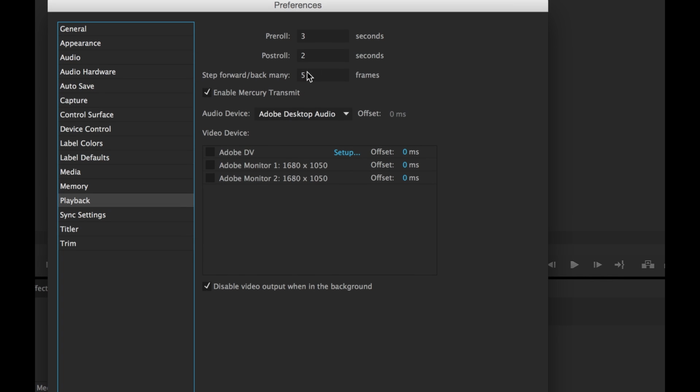Playback is pretty important here. You can set your pre-roll, and when you hit the playback shortcut, it'll go back 3 seconds after you do an edit. Some people like this about 5 seconds. 3 seconds is good enough for me to see how an edit works. Down here you've got